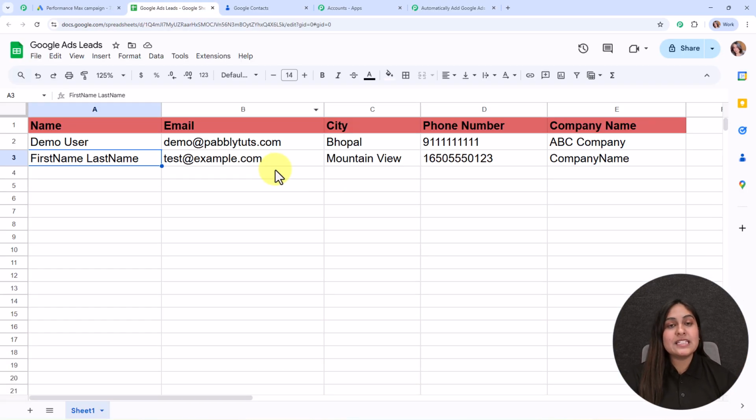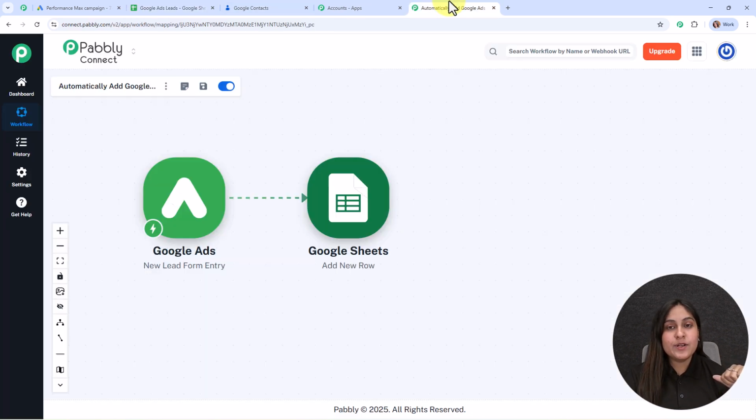And here you can see instantly a new detail has been added in our Google Sheets. So now let's move back to our Pabbly's workflow. And with this, we have successfully set up this action step as well. Now after adding a new detail in our Google Sheets, I'm going to create a new contact for the same